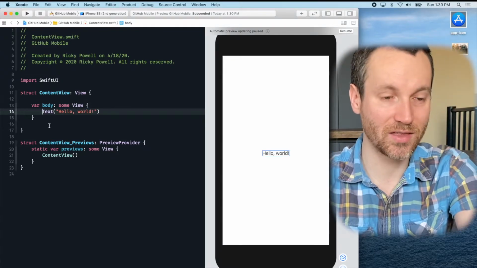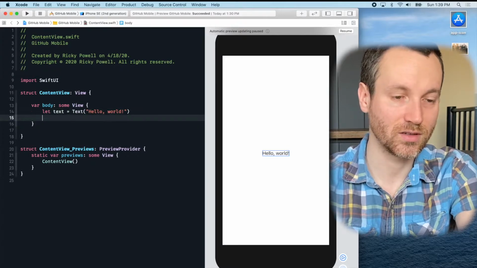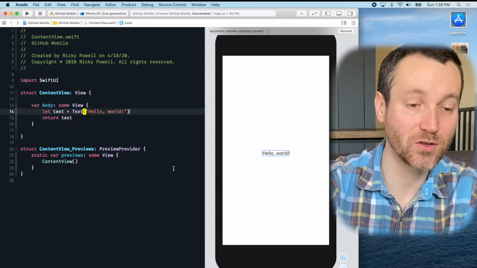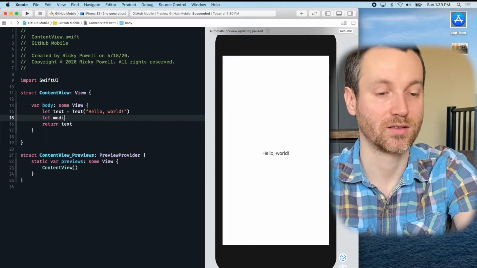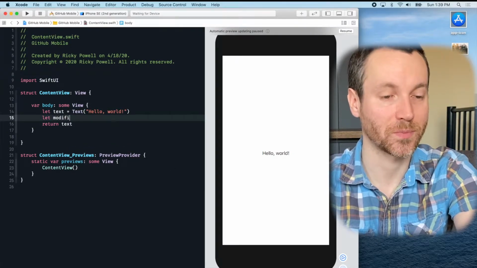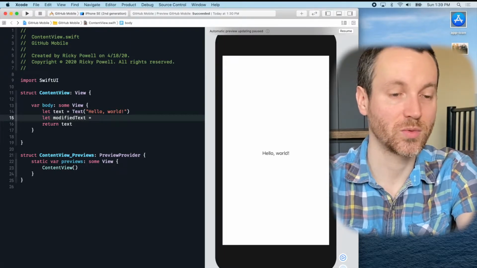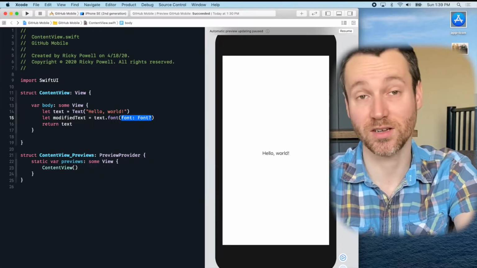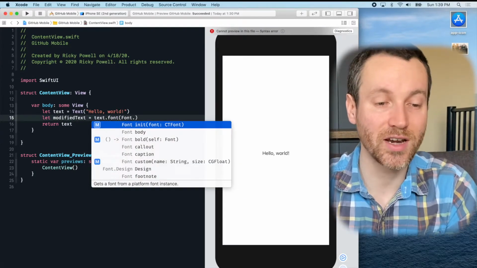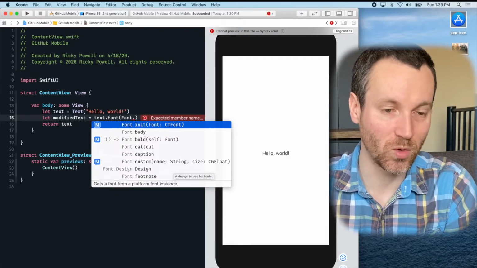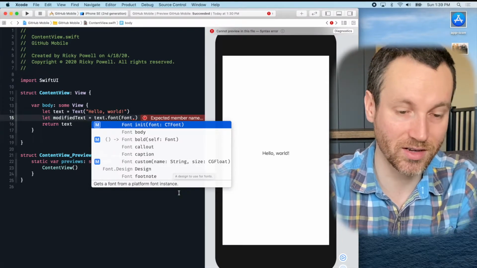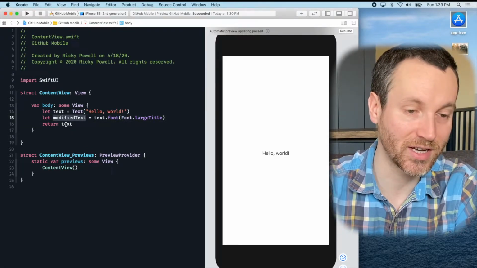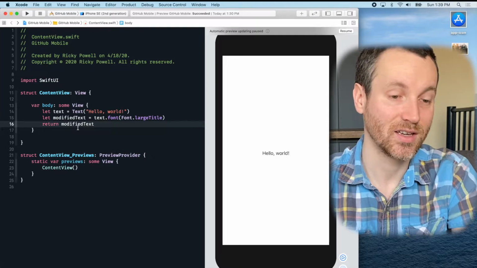Let's take a look at the view here. And let's go back to the longer way. Let's just say text. Now, what if we wanted to modify this text? So what we do is we take the text and we have a method on here called font, which takes a font. And font has a couple of static variables on it. One of the ones that it's declared is large title. So if I give this a large title, so I have modified text here, and now return that,